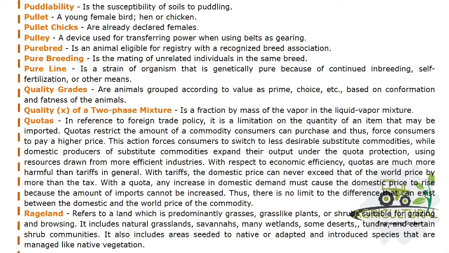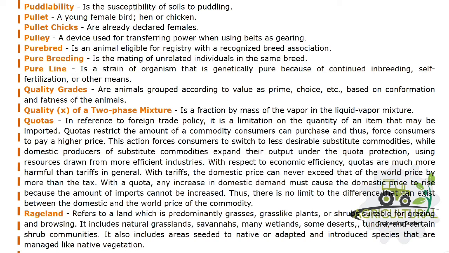Quality grades are animals grouped according to value as prime, choice, etc., based on conformation and fatness of the animals. Quality, X, of a two-phase mixture, is the fraction by mass of the vapor in the liquid-vapor mixture. Quotas, in reference to foreign trade policy, is a limitation on the quantity of an item that may be